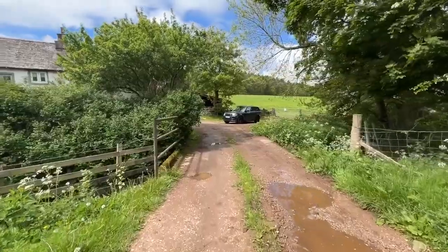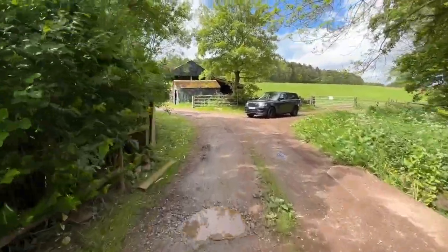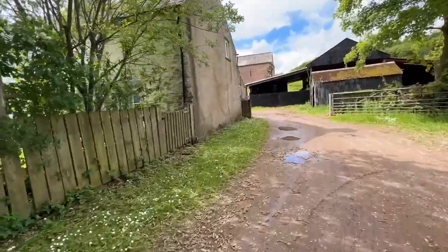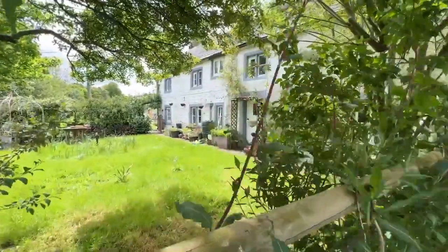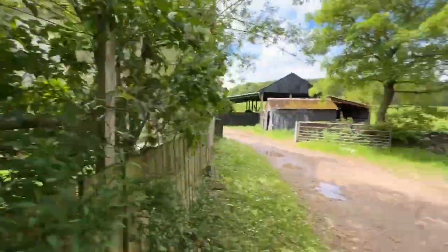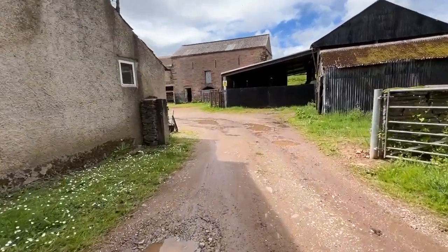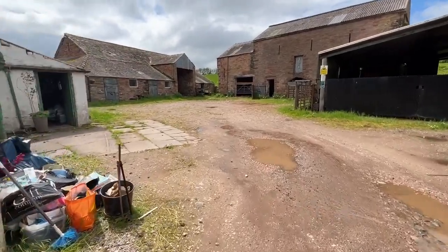The driveway, the road access down, is shared with the local farmers, who will be using it to look at the fields from top to bottom. But once we get through this part here, this is all completely private for the people that are going to look to buy it. And I'll just peek over here because it's very, very pretty. You've got nice gardens. And it's only when you get around the corner that you actually realise this unravels into something quite spectacular. Because not only do we have the period property,